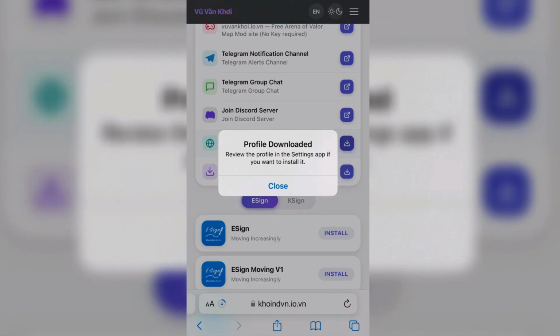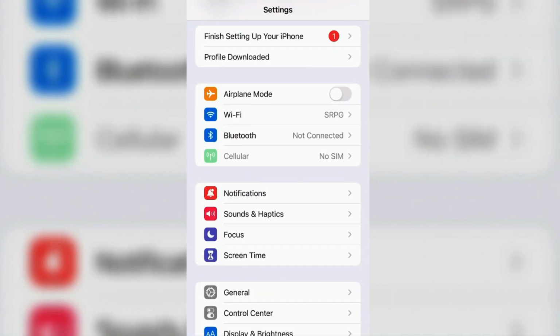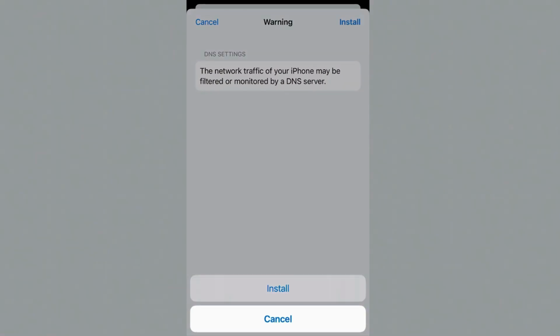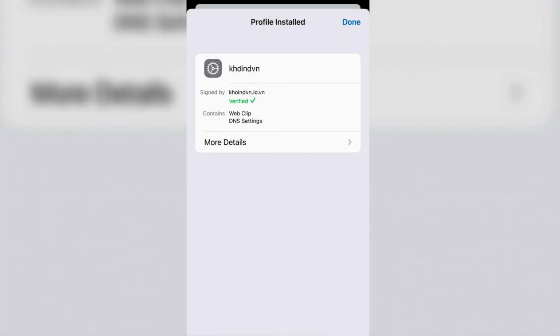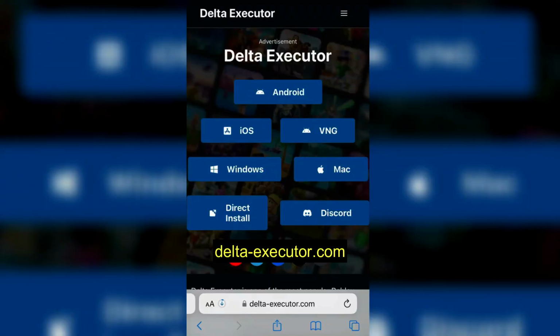To prevent the Delta from getting revoked, go to the settings of your iPhone. Inside the settings, you'll see profile downloaded. Tap here and just install this anti-revoke DNS profile. Install. Now once the DNS profile is installed, done, go back, launch Safari and go to this website here,